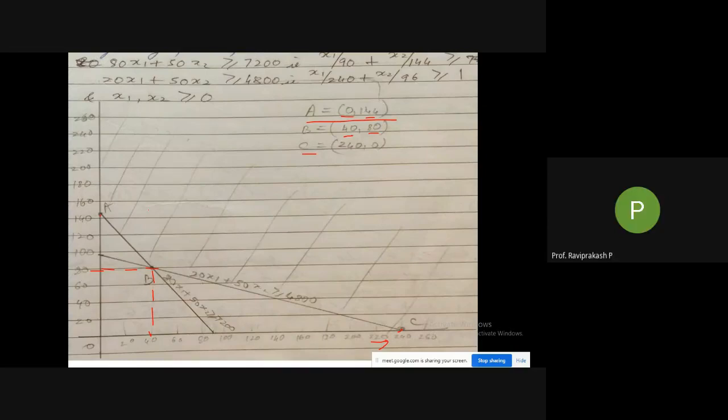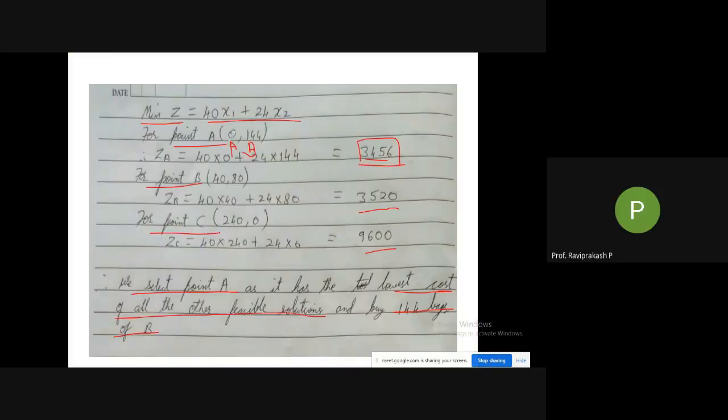Sir, I have a doubt. Yeah, ask. Sir, you chose 144 at point A. Yeah. So why not 96? See here, I am having 0, 144, right? So this is my x1, that is for A, and this is x2 for B. So if it was not 0, if it was some number, I should have given that many of product A, and product B of 144. So that's how it is. So these points are telling me how many bags to buy.